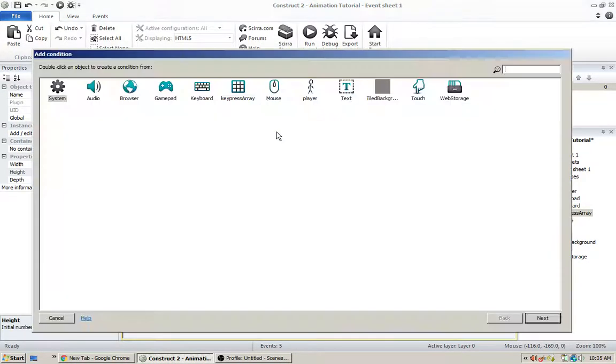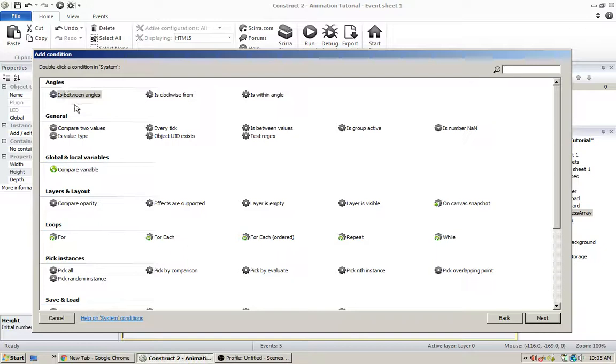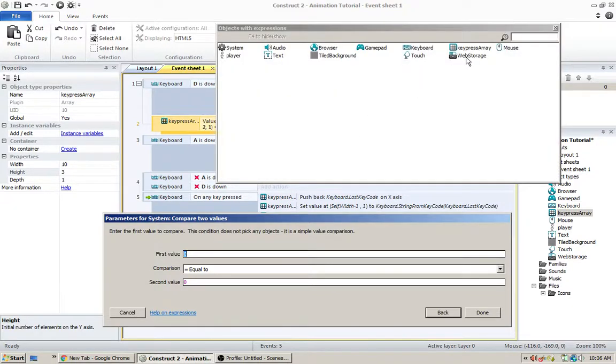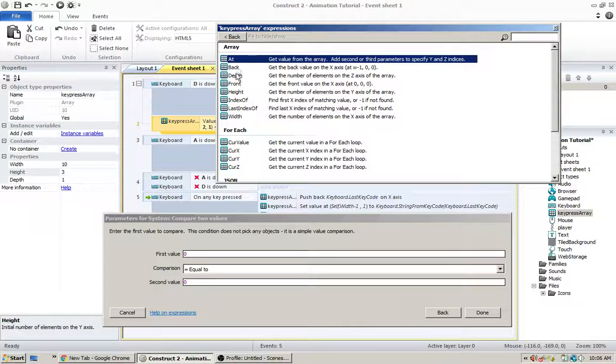So let's add another condition and go System conditions and compare two values, and then we'll choose the key press array and then